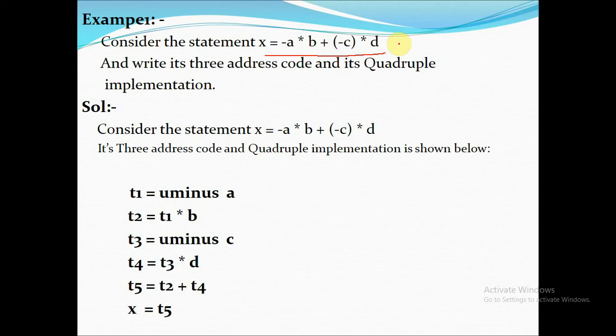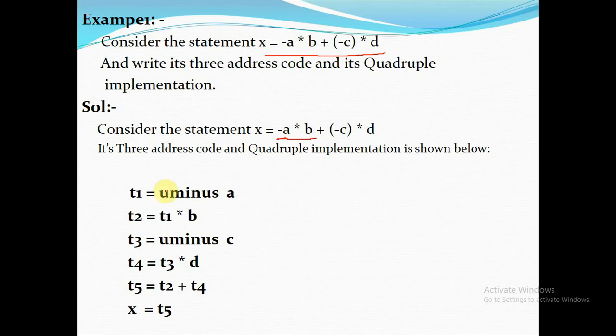It is an easy task. When the question is on quadruple implementation of 3 address code, first translate the given expression into 3 address code. See here, in this statement there are multiple operators. So I am taking the sub expression minus a into b.